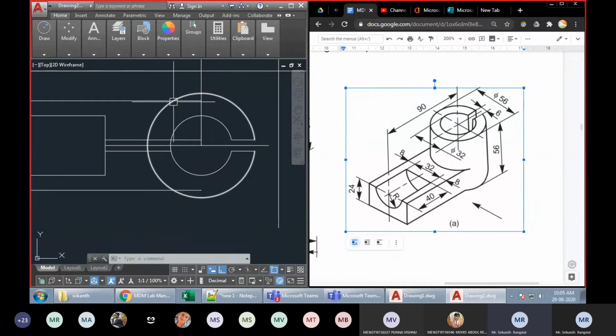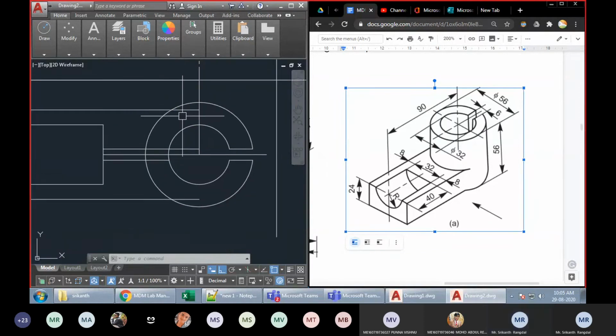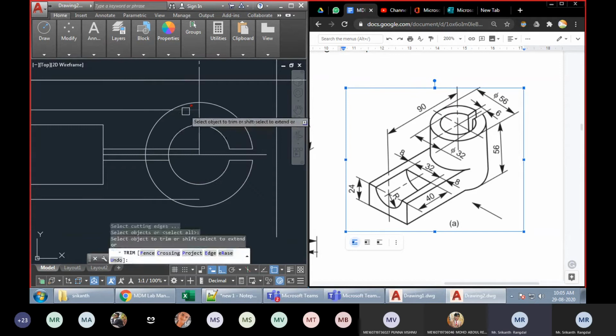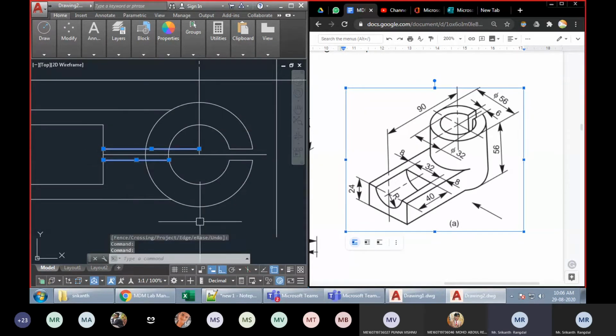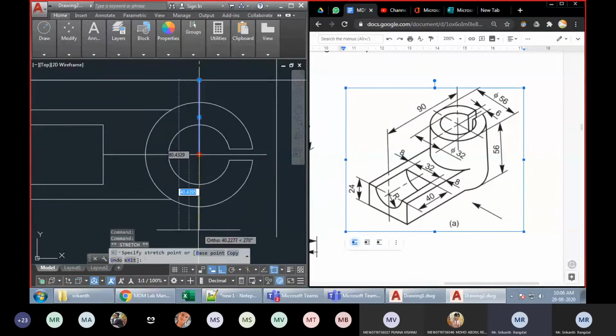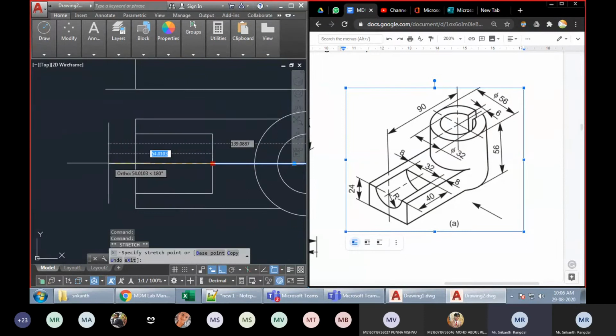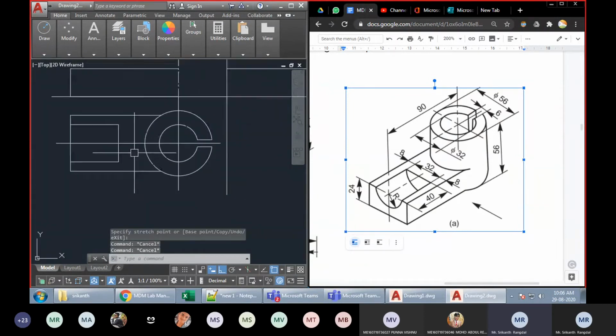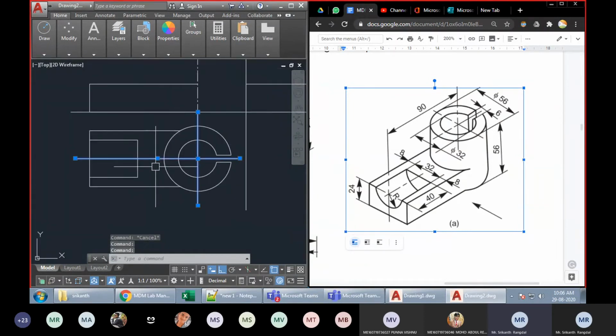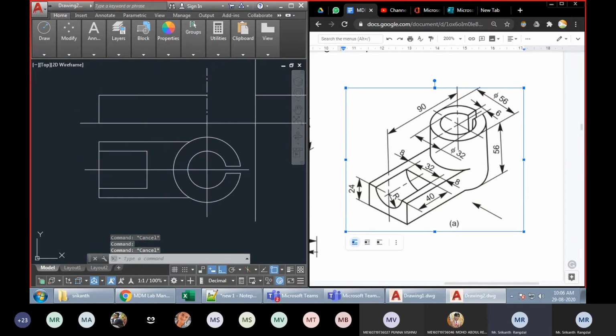So this is where I have to stop it. So once again, TR double enter. Let's remove this. Just remove these 2 lines. They're of no use. Just extend this line to the bottom and extend this line over here to this point. Fine. So now these lines, they are again axis lines, and this line we will be using for the section.